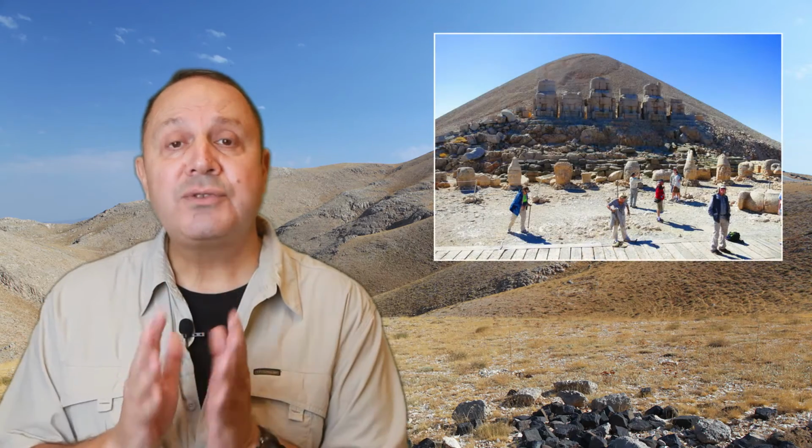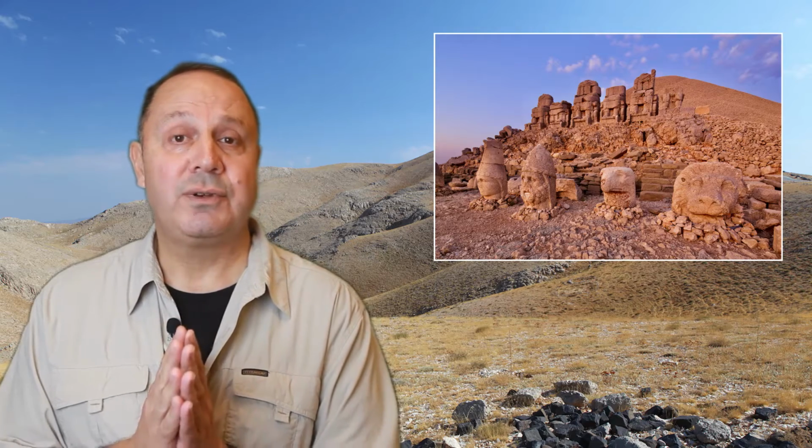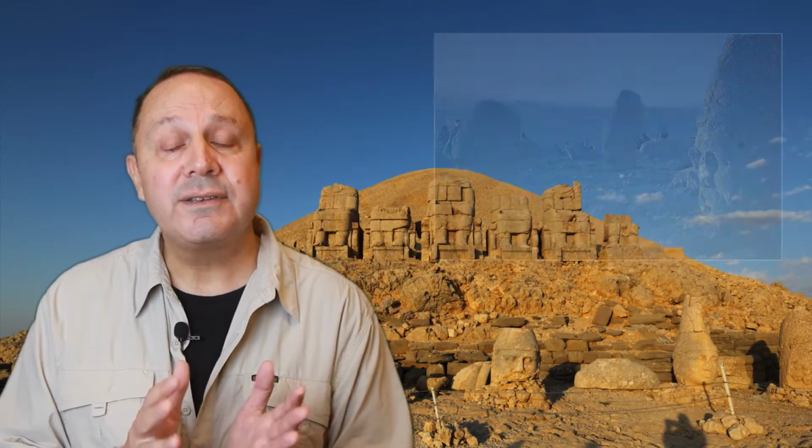Did you know the Commagene king, Antiochus, built his tumulus-type grave on the summit of a 2,150 meter high mountain, Mount Nemrut. This tomb is 50 meters high, made with crushed stones, with a burial chamber underneath. On the two sides of the tumulus grave, there are two terraces with statues of gods and goddesses, together with